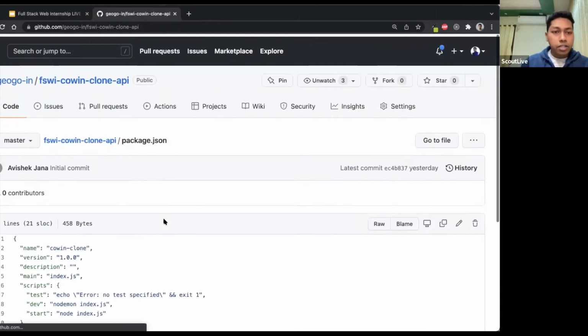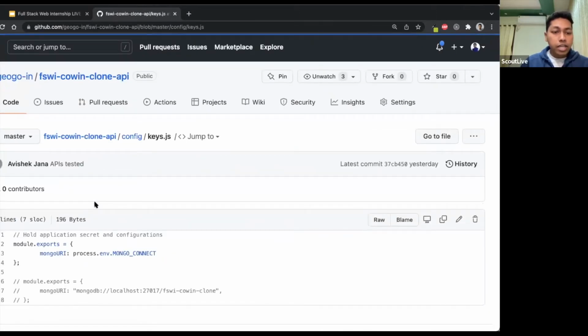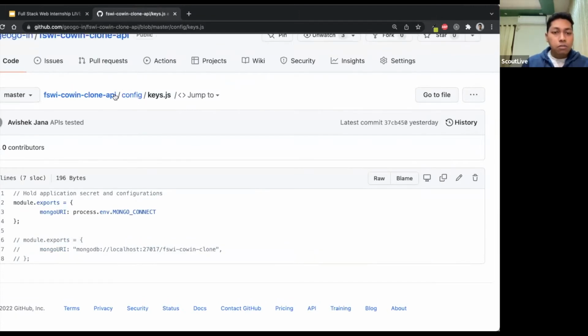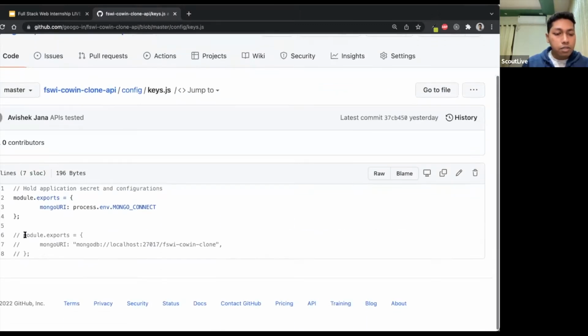So you start the application, and in the meanwhile, in the config file, in the keys.js, there is an endpoint for the MongoDB instance. So for your local system, you just comment these 3 lines and activate these 3 lines. What will happen is that it will automatically connect to your local MongoDB instance if you have already installed it, right? So first clone the application, done. Then you go to the config file, you change in the keys.js, you activate your local database connection,